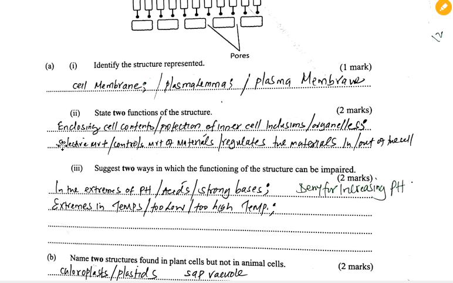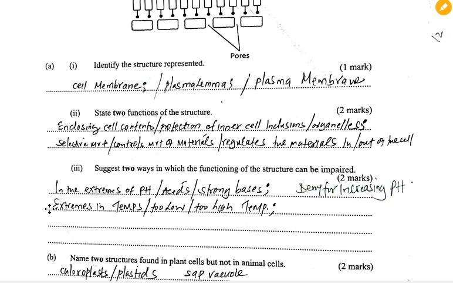Apart from that, it selectively allows materials in and out of the cell. We say selectively because it is semi-permeable. Roman 3 suggests two ways in which the function of the structure can be impaired. Number one, extreme pH,